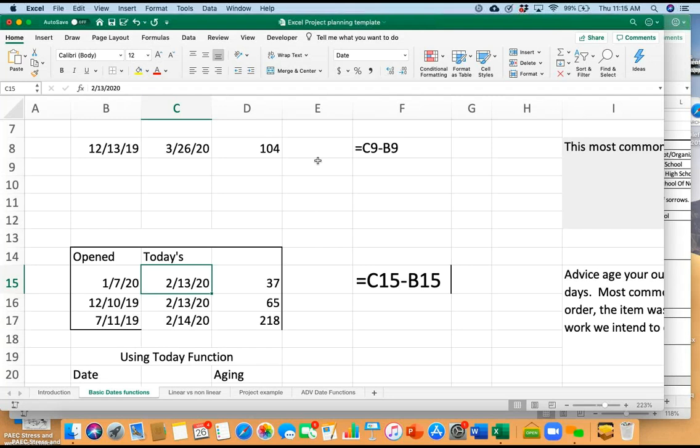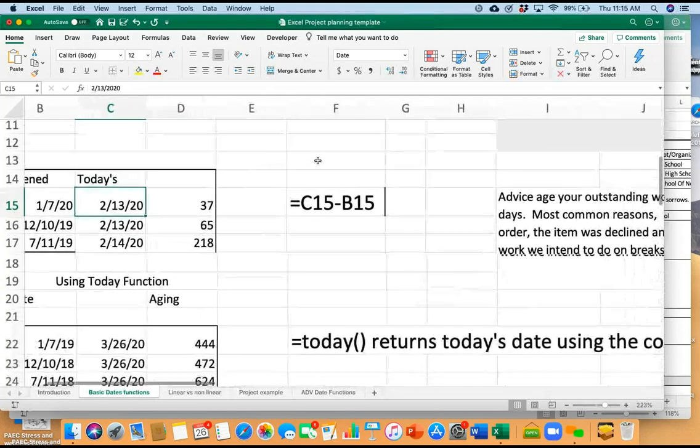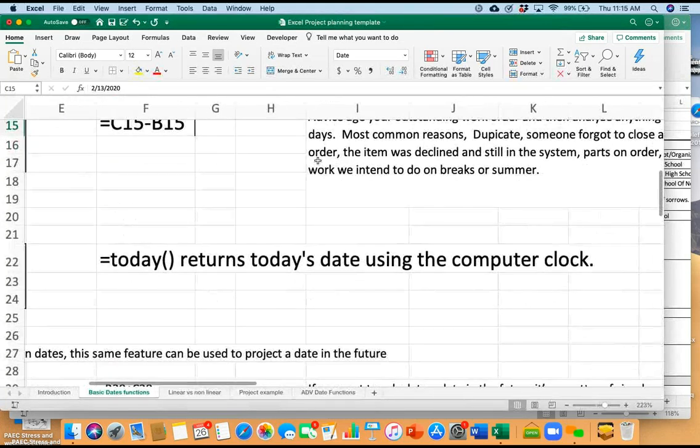Okay, so there is one thing that helps with this, and that is this first one I've showed you here is static. What do I mean by static? Well, it has today's date as 2/13/20. Well, today's date isn't 2/13/20. So there is this really neat function in Excel, and it's called the equals today function. And it has no parameters. So even though it carries the same syntax as a function, there's nothing in between the parentheses because there's no parameter,